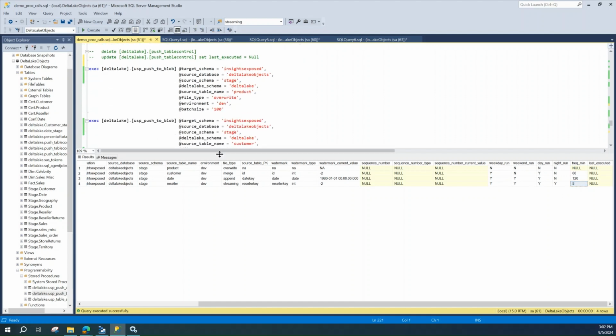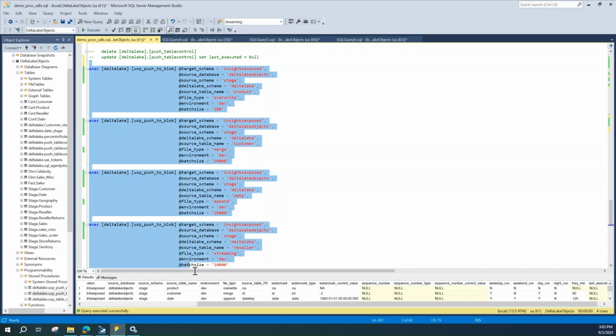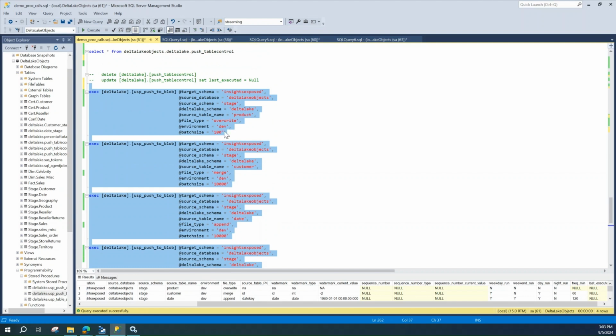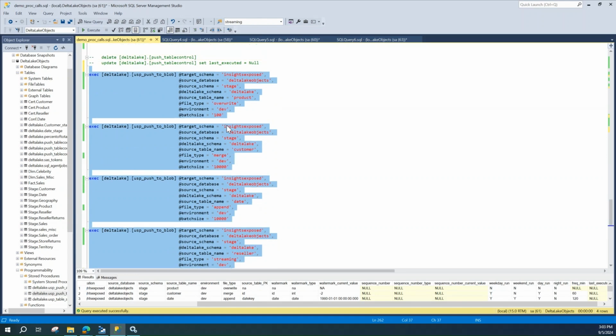So now, let me move this down so we can see it a little bit better. We're going to actually push this data out to the cloud. And what I want to do is change this from this grid output to a text output so you can see what it's doing. And we're just going to run these all at once, one right after another, all 4 of these. And we're telling it, hey, only grab this many rows. I only want to grab this many rows at a pop. And this is all of the tables that we just set up. So when we run this,